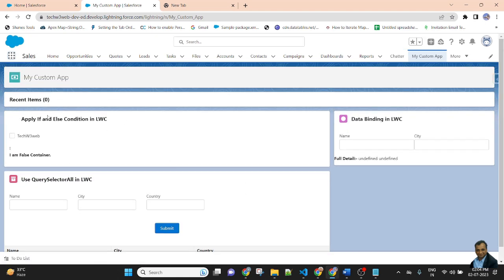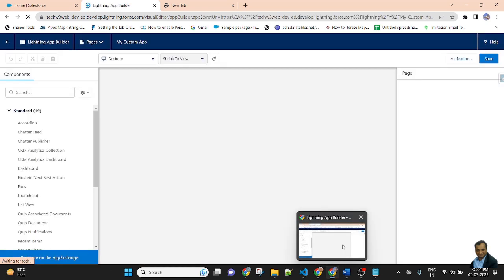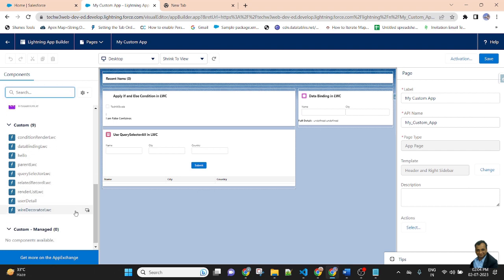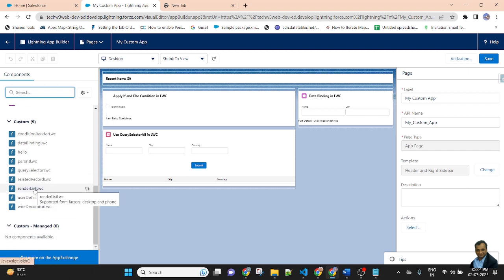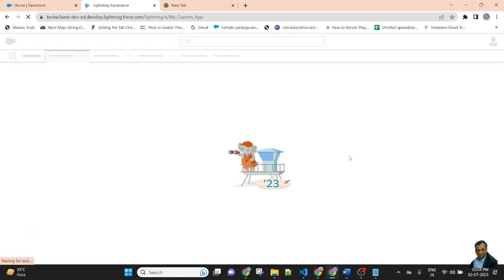I will display this component on the page. So edit the page. My component name is render list LWC. This is my component. I simply drag and drop here. Save. Go back.